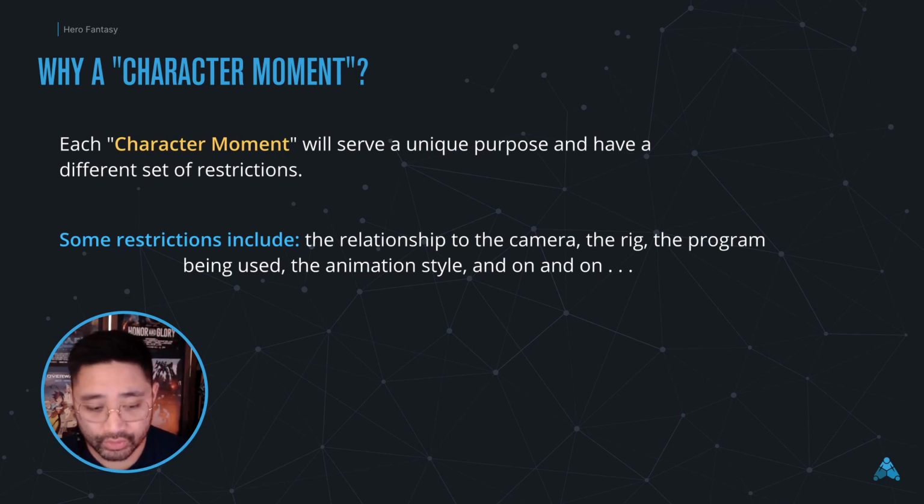There are all kinds of restrictions at each of these, and it's important to know the differences between all of them. So, out of the examples that we've talked about, I'll talk about some of the differences between all of them, because it's important to know these going into it.